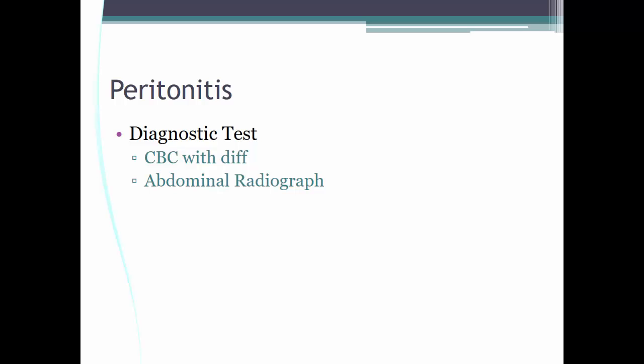KUB can show you free air or distension of the bowel lumen if it's related to intestinal obstruction or any type of perforation. Now, red flags are severe pain, any signs of shock, such as tachycardia, hypotension, diaphoresis, or confusion,